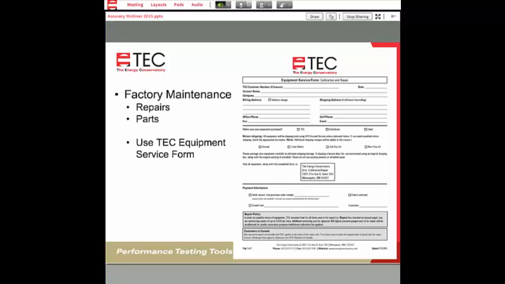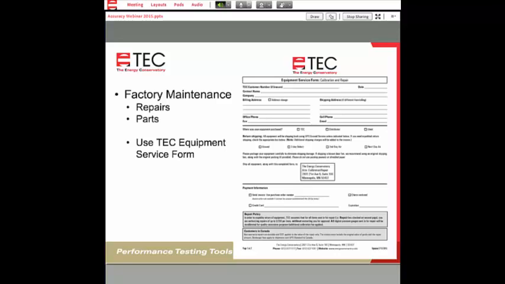So once you've gone past that, then chances are, if you need something else, you probably are going to have to send the gauge or the fan back to us. On our website, we do have this equipment service form for calibration and repair. We ask that you fill that out as best you can. It gives you the shipping address, a little bit of information for those that send things back, and certainly when we do calibration, all the return shipment by UPS is included in the cost of recalibration.